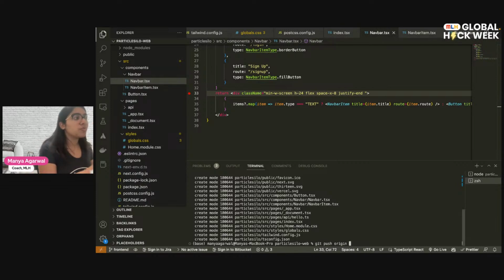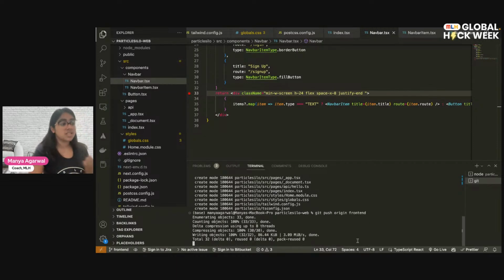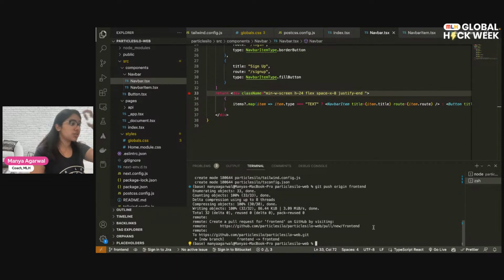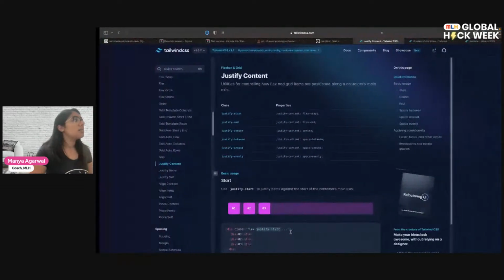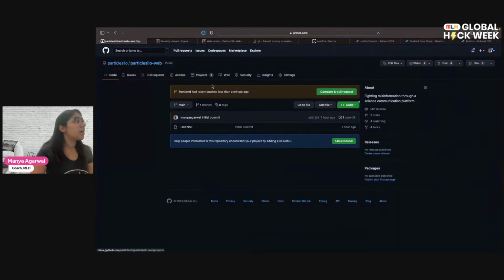If we just directly do git push, it wouldn't work because it wouldn't know which branch to push it to. So when we tell it the name of the branch, that is when it'll map it. Right now front end doesn't exist on our remote server, so it'll create one for us. So now we can come here on our project and we can see that there's been a push to the front end branch. We can then compare this